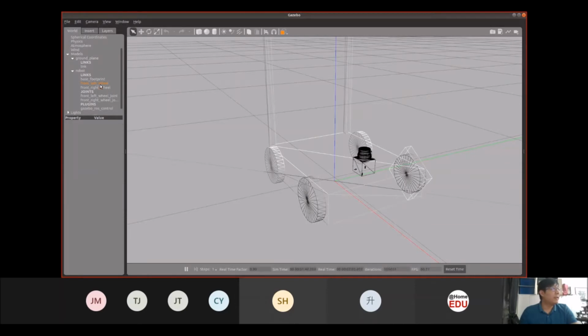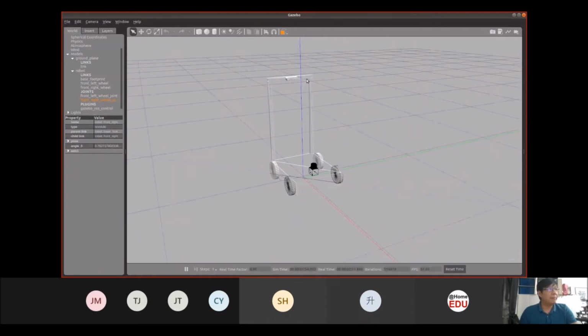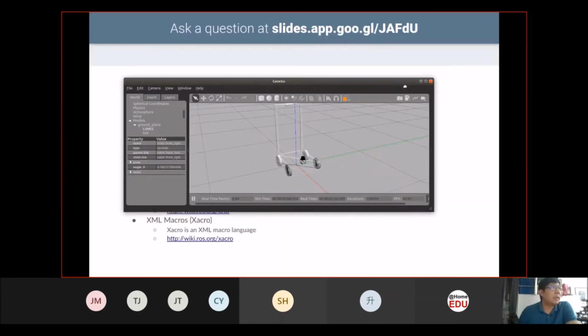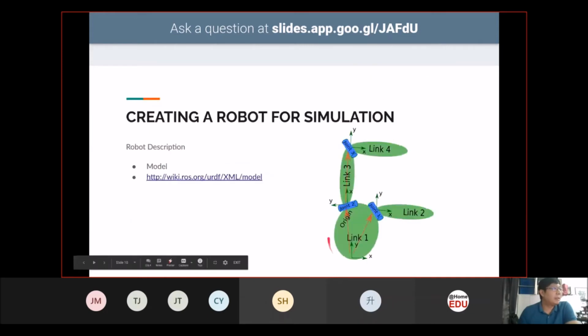So two of it, we actually have the driving wheels over here, and then we have our free wheel behind, and then we have the frame for the camera. So when you actually describe a robot using URDF for Gazebo, every robot is represented through this. You have your base link itself that represents the center or the origin of the robot itself.